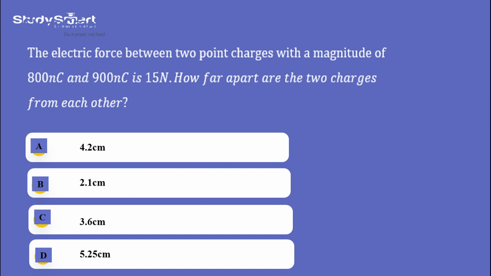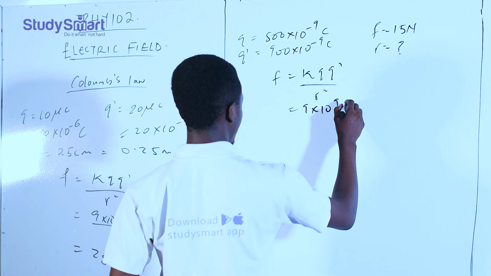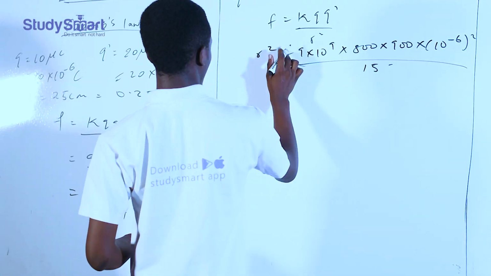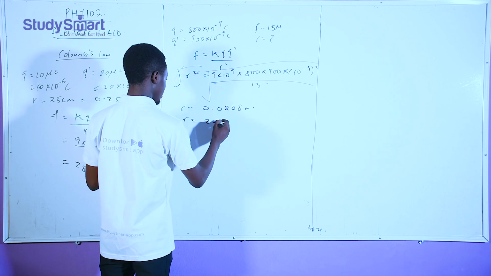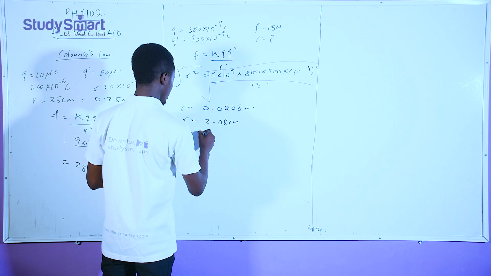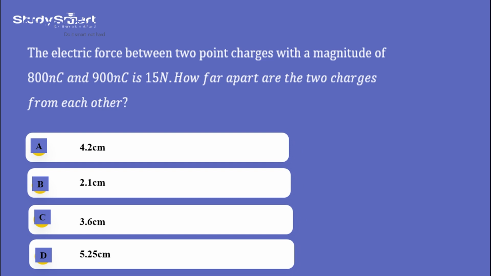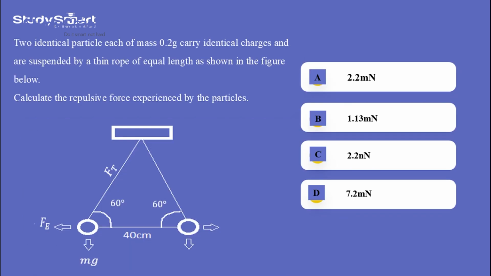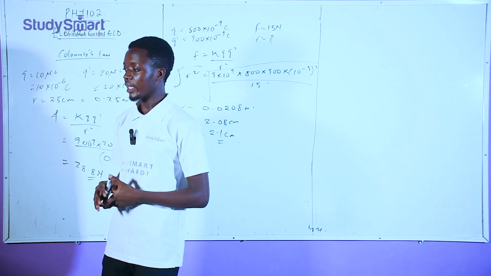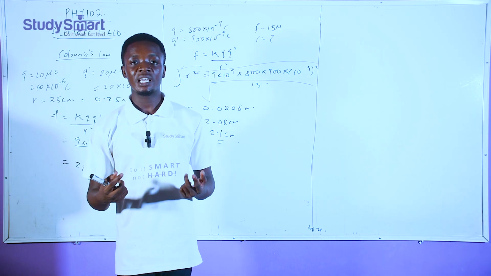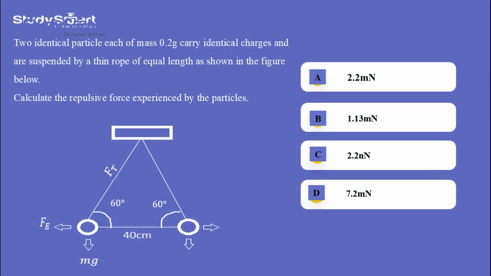So you have your F equal to KQQ prime over r squared. That will give us 2.08 centimeters, which is approximately 2.1 centimeters. So that is option B. So the next question. Now, this particular type of question is a bit dicey. Now, when you see questions like this, you have to be very, very careful. It is also under Coulomb's law. But then, instead of having charges that are parallel to each other,